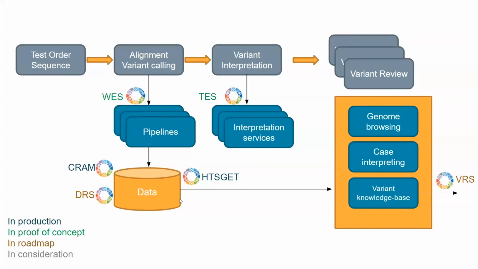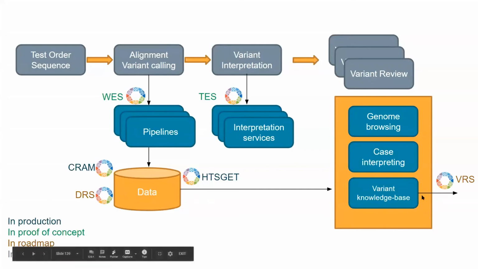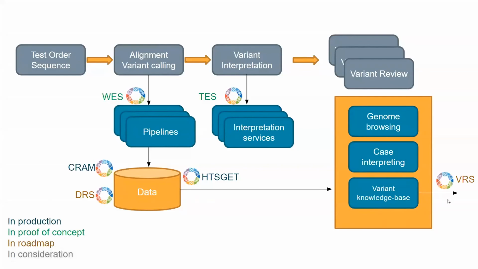If we move forward now into the future, then we have these knowledge bases, and we heard yesterday from the ClinVar folk that they are starting to open APIs for submission from their knowledge bases. So this is an area where we are participating quite actively, both through GA4GH, but also from an implementation perspective, seeing how we can use those standards to represent variants better.